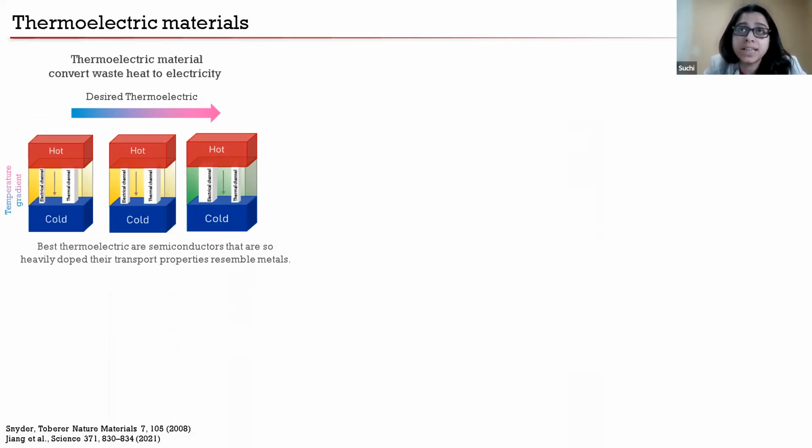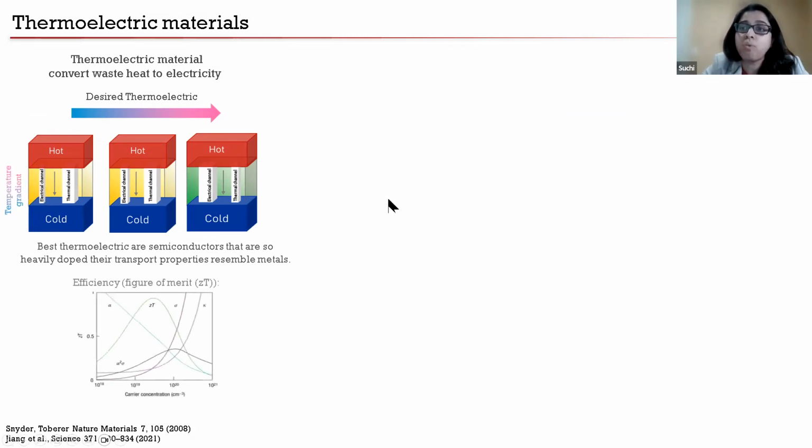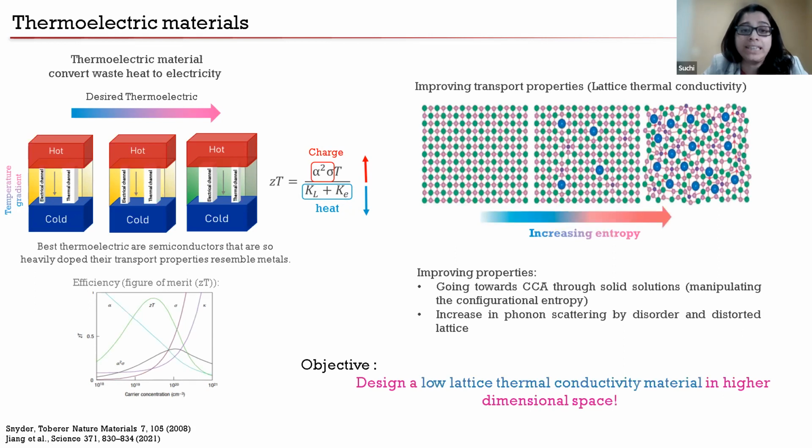One way to improve the sustainability of this material is going towards the complex compositional space. Here you can see there is a hot channel and a cold channel. What I wanted to really do is create higher charge and lower the heat. The best thermoelectrics here are those semiconductors that are so heavily doped that their transport property resembles a metal. So one way to do that is lowering the heat and improving the transport property by going towards complex